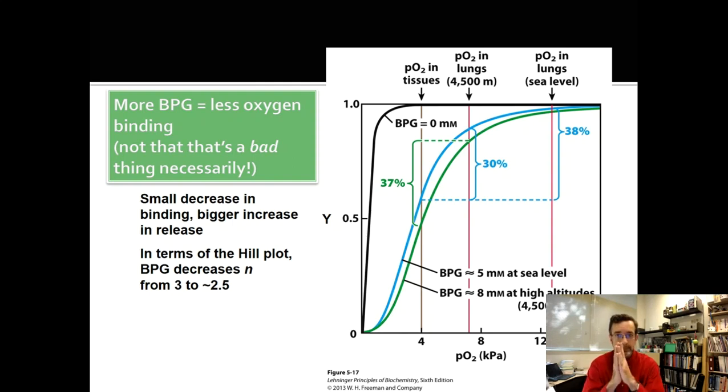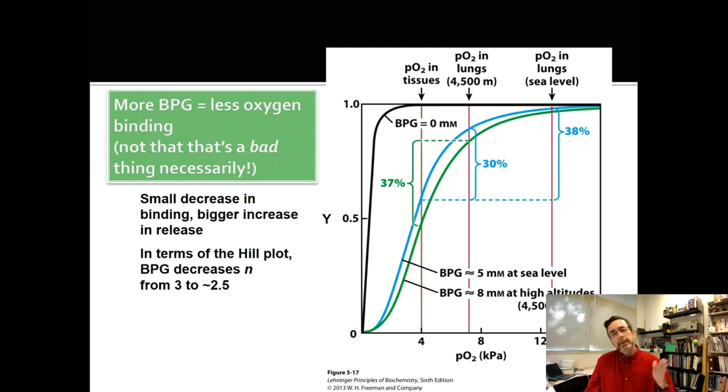But the important thing is you did the foundation, so you can look at this graph and look at the difference in the y-axis corresponding to a difference in the x-axis. The normal state is on the blue line. You are talking about a difference between about 13 kilopascals and 4. That's a big difference on the x-axis, and you plot out the difference on the y-axis. And it turns out to be a 0.38 or 38% difference on the y-axis.